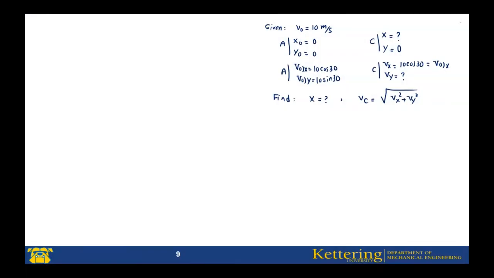I just copied the first slide, and the numbers you can see in the corner are the same. Again, I divide this problem along the x direction. For the x direction, there's only one equation: x equals x0 plus v0x t. We do not have x, x0 is 0, v0x is 10 cosine 30,